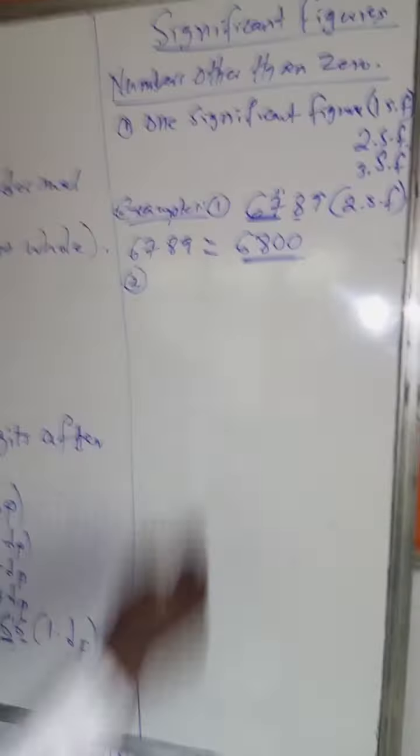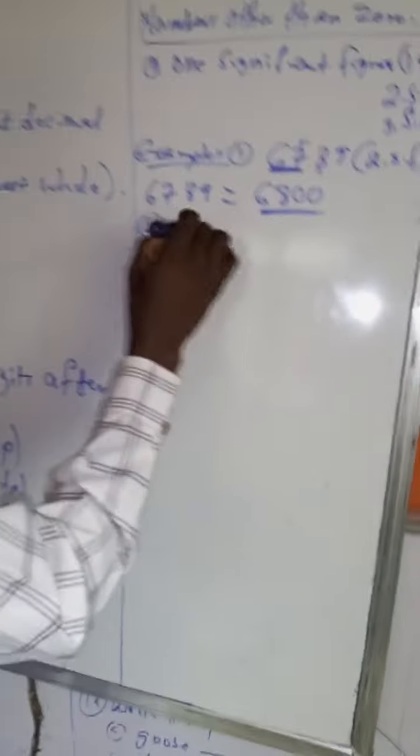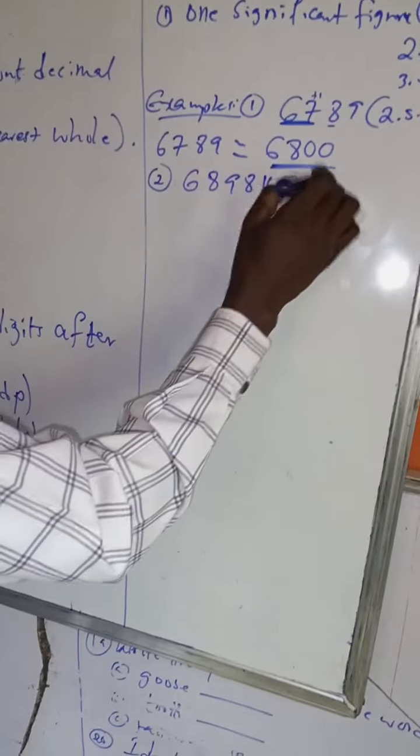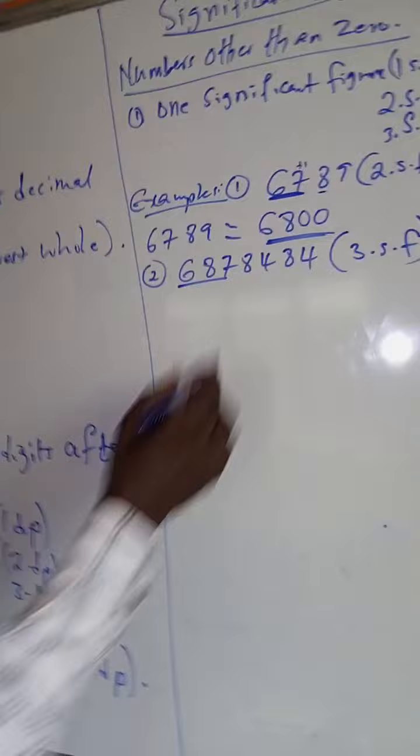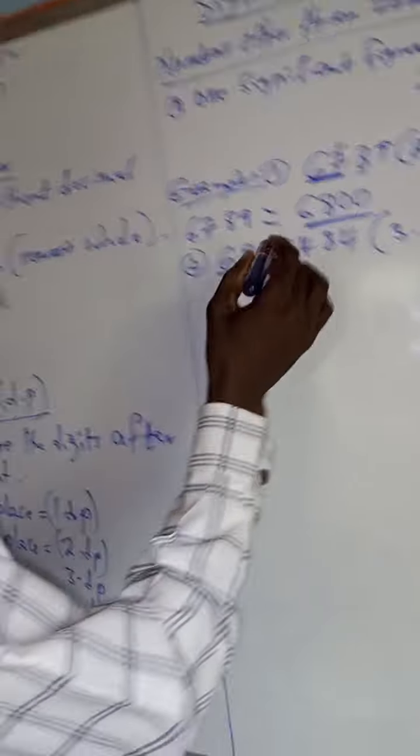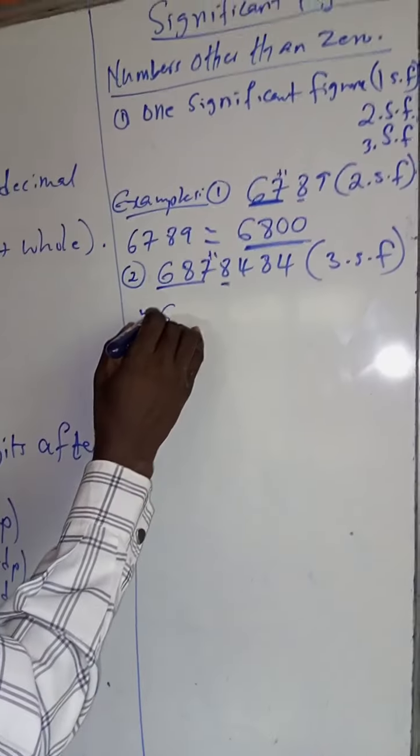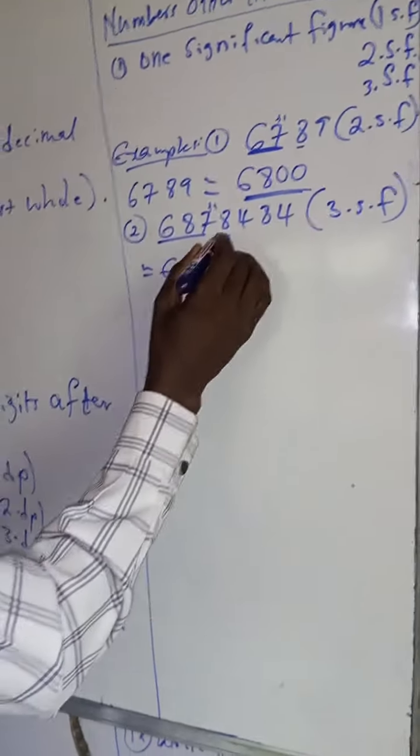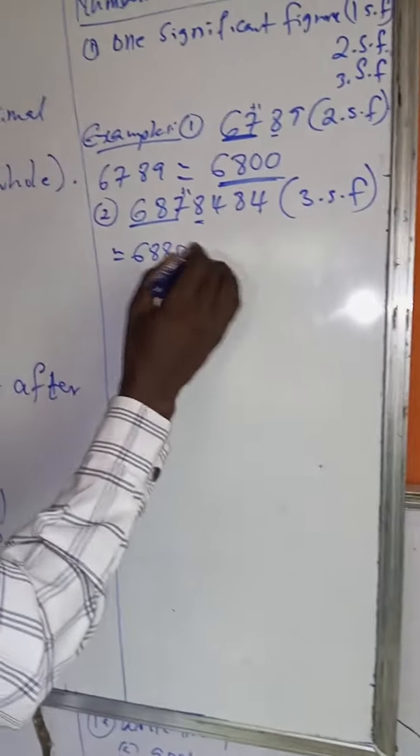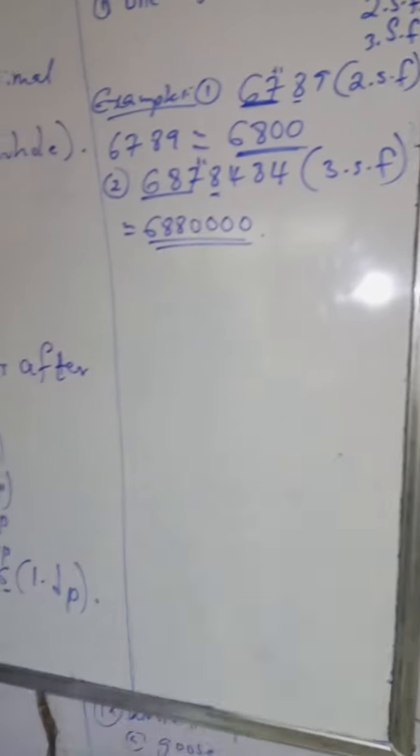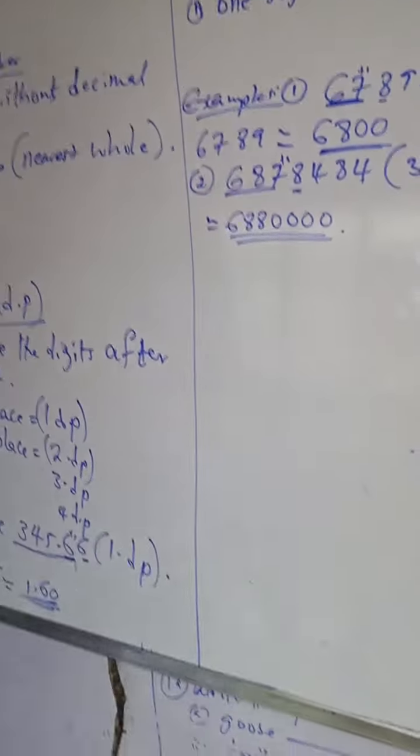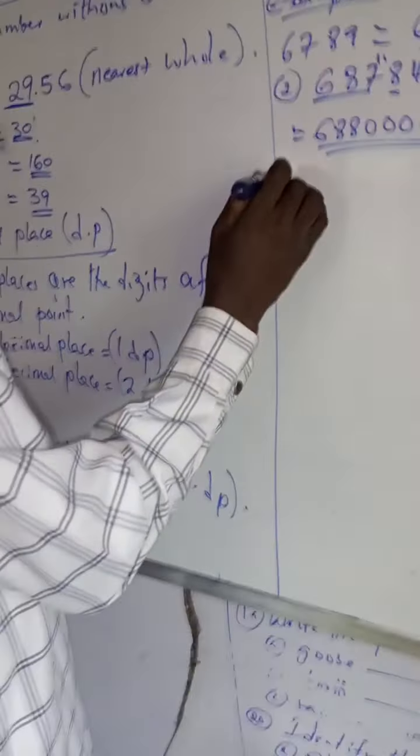So you could be given a very long number, 6, 8, 9, 4, 5. When someone says 3SF, you are concerned with just 3 numbers here. You check the next one, is it up to 5? Yes, you add it to this. So it will be approximately equal to 6, 8, 8. Then all these numbers will turn to zeros. So that is it. But it has the negative part,